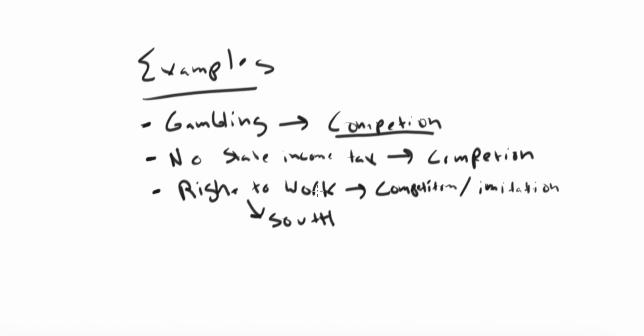You could also argue that any of these are learning. You see gambling working in one state, and you've learned that it's working, and you want to take it to your state because it's a good policy. Or same thing with income tax or right to work or anti-smoking policies or certain education policies. You name it. You could consider that learning too if you're watching what other states are doing and you're adopting those policies. So that's policy diffusion in a nutshell.